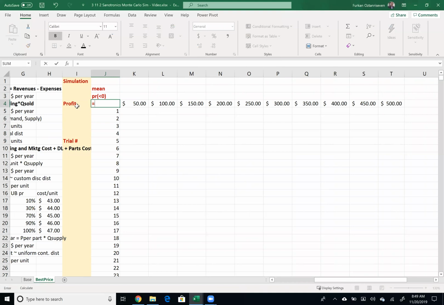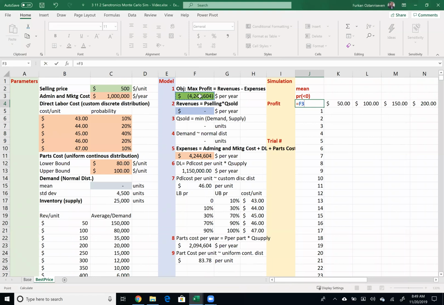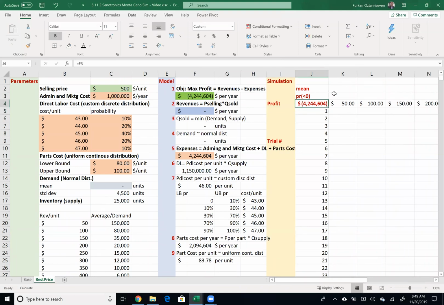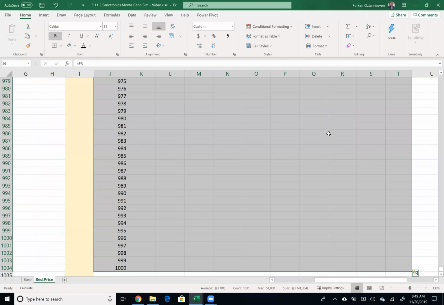I need to tell Excel how to calculate it. So that calculation is right here. So now I have that value as well. As you see, I'm losing money if I charge $500, $4.2 million actually on average. So now I can run this model 4,000 times for different prices, Control Shift right arrow, Control Shift down arrow,